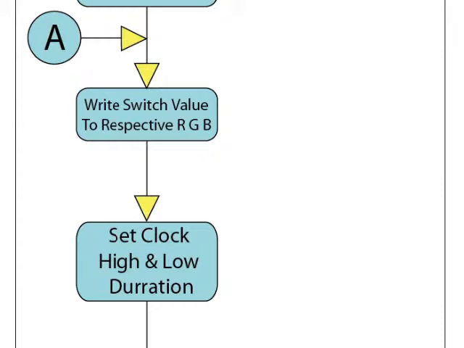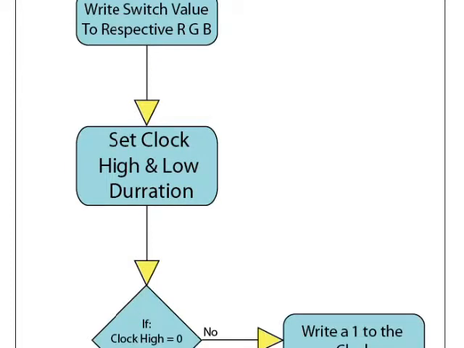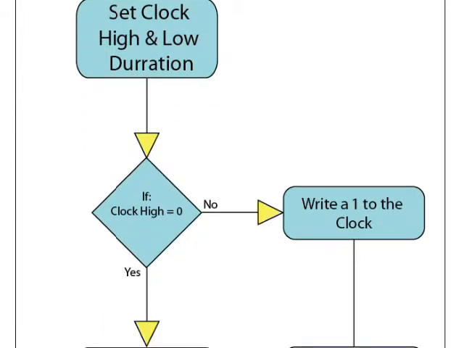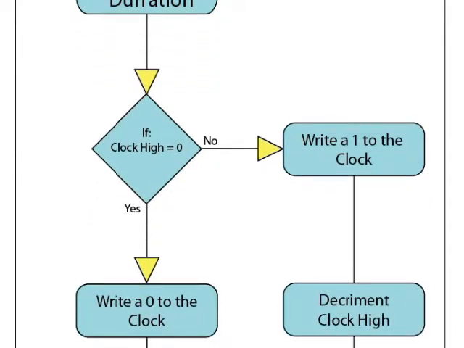So we set clock high and clock low duration, and what that is, it's the peaks and the troughs, or the highs and lows for our clock signal. And so what we do is we take a look at clock high, and if it's high, we're going to, if it's